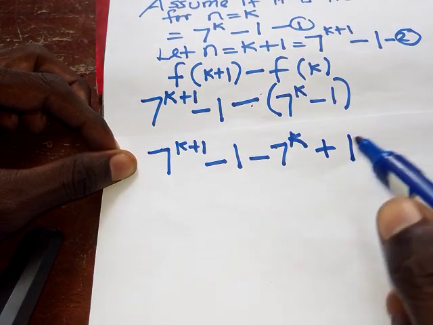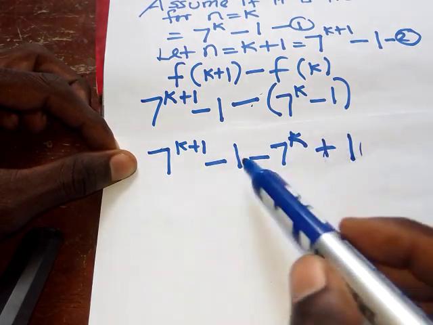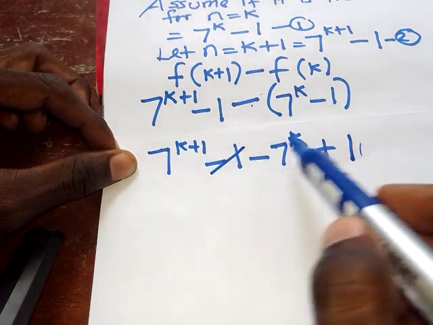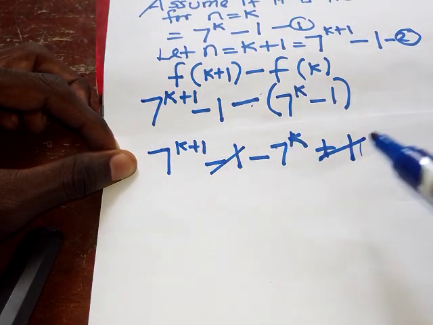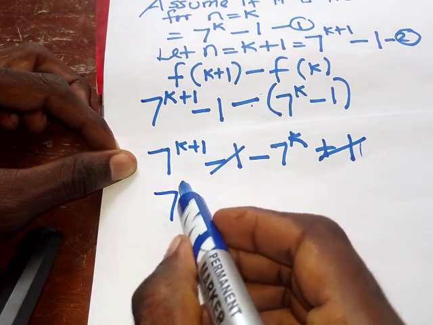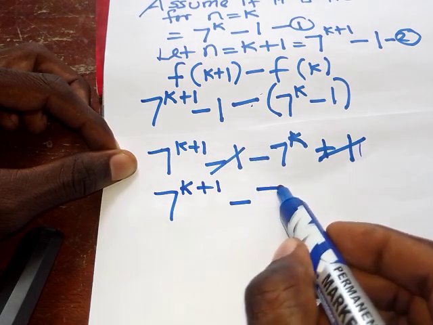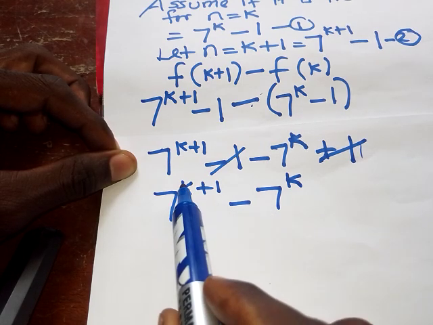So now if you look at this negative 1 and the positive 1, these are like terms, so when you add them up, they will give you a 0, so you can cancel them out from there. So what will remain is 7 raised to power k plus 1 minus 7 raised to power k. Okay, so now after we've done this, the next thing we must do is to separate this 7,